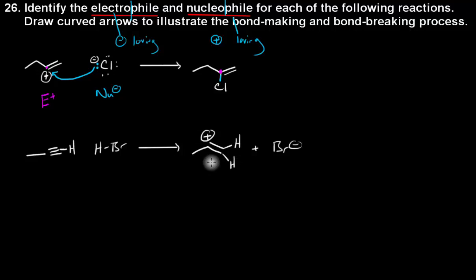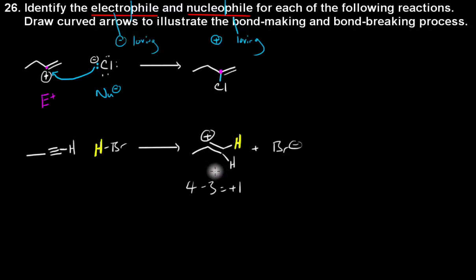You can prove that to yourself by doing a formal calculation. This carbon has a valence of 4. We're going to subtract 1, 2, 3. That's going to be equal to 1 for the formal charge. So that means that there can't be any other bond, and if there can't be any other bond, there can't be any other hydrogen bond. So we have 2 hydrogens here on the right for the product, 2 hydrogens here on the left for the starting material. So basically what's happened is that one of these hydrogens, this yellow guy, is attached to this intermediate